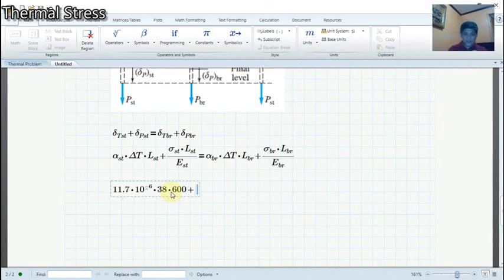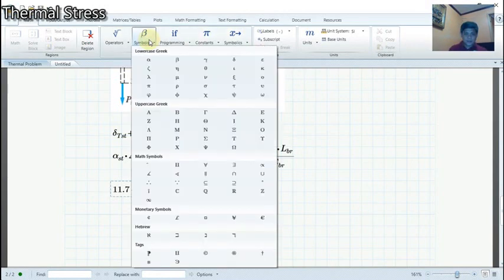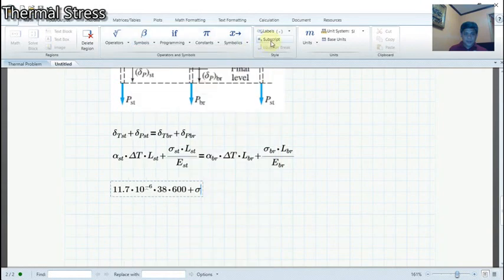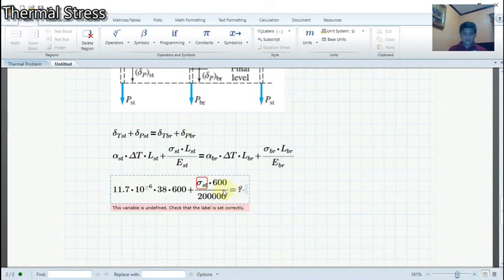Plus the stress in the steel times the length of the steel, 600 mm, divided by 200,000 megapascal, equals